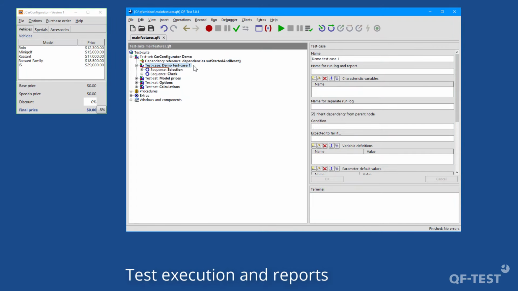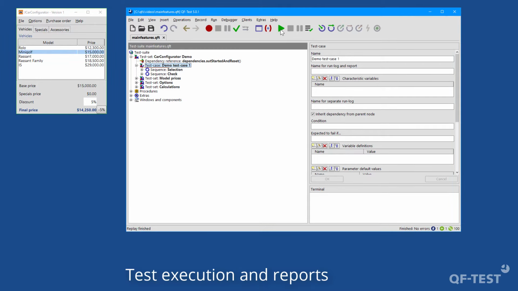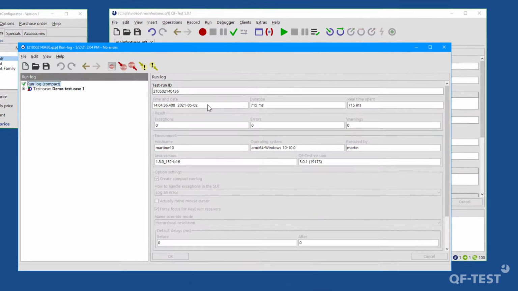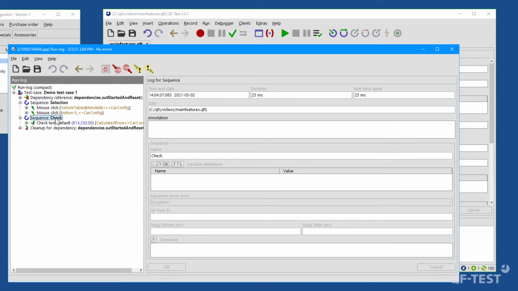Test runs can be triggered directly from QFTest via pressing the Start Replay button or via the command line by the so-called batch mode. Once the test execution is accomplished, you will find a detailed QFTest run log containing every executed test step.